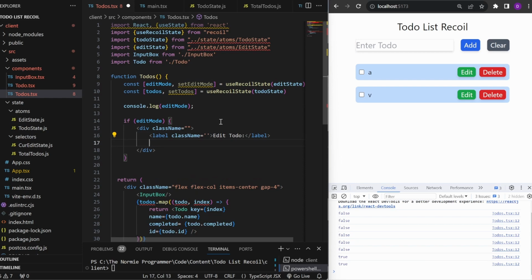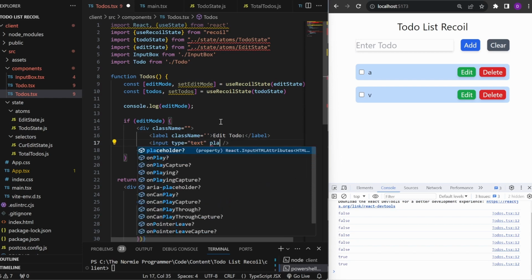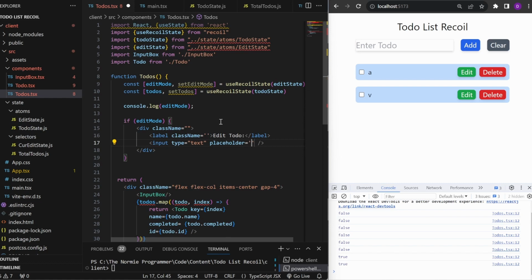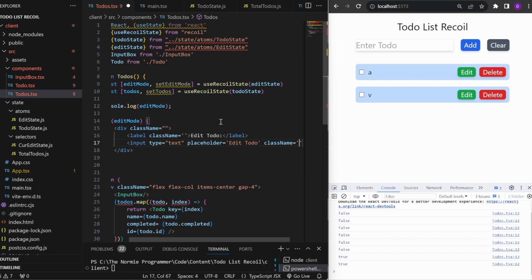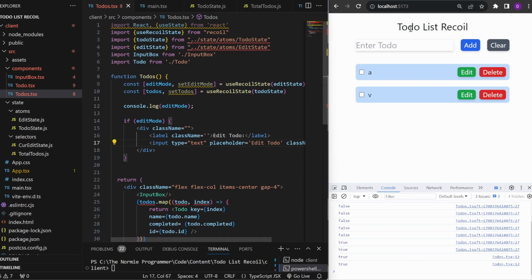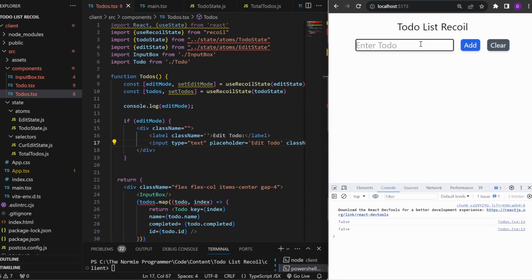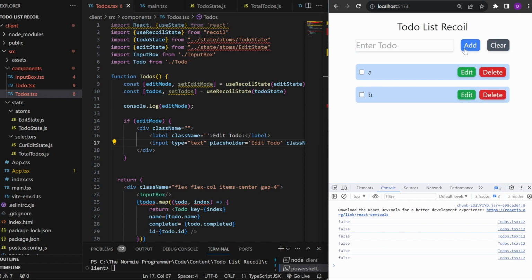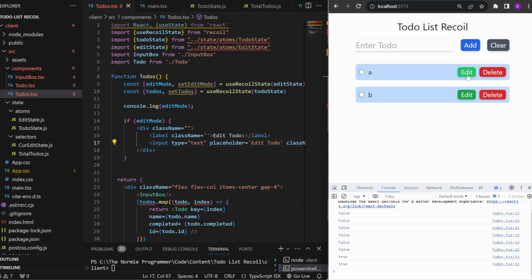And then we will have one input. Type will be text. Placeholder will be, let's say, edit to-do. And let's also give some class name. And now when I click on edit, okay, nothing happens. Let me just refresh. Okay, everything is false. Now if I click on edit, okay, it is showing true, but it is not